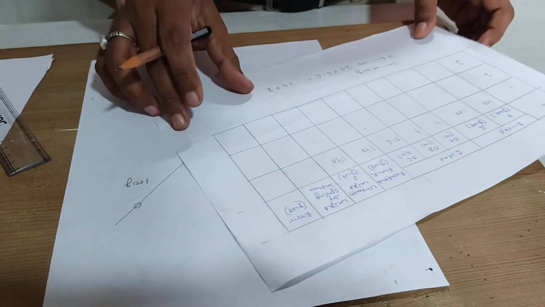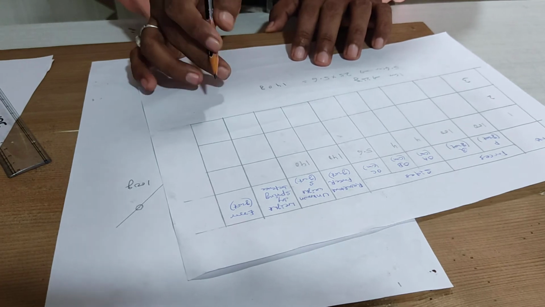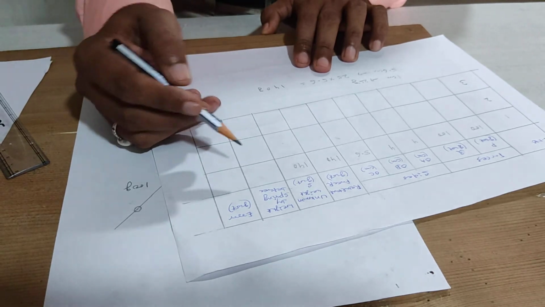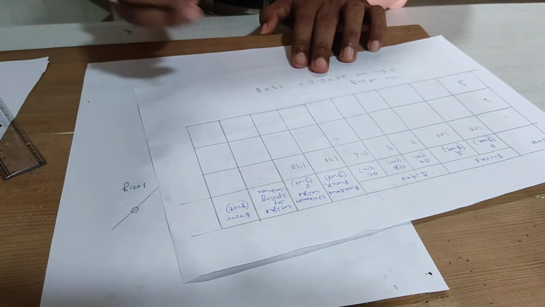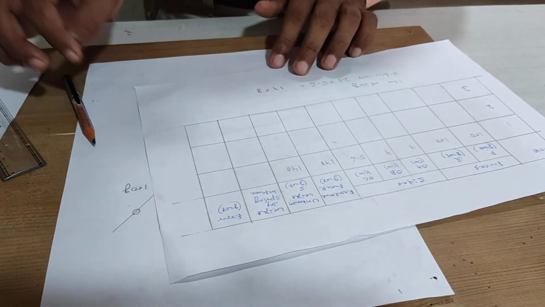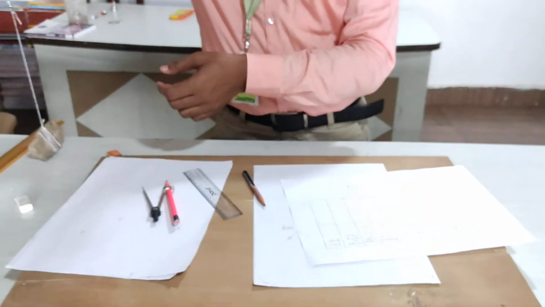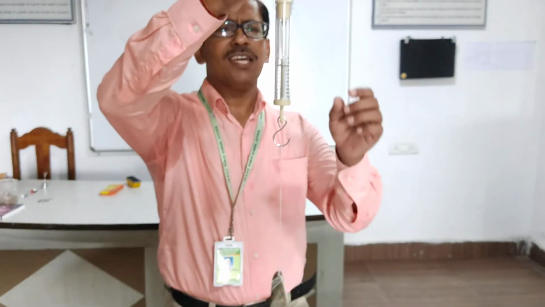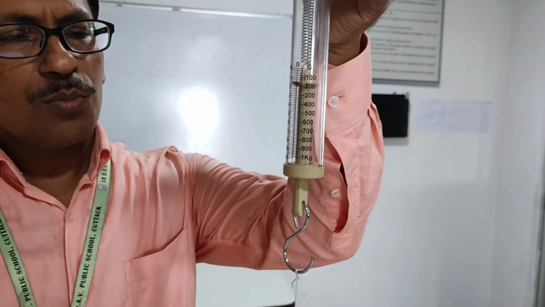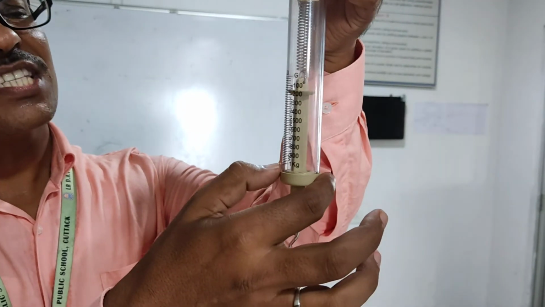Then let us verify whether this observation is correct or not, and let us find what is the error in this observation. To find the error in this observation, I will find the weight of the unknown object by using spring balance and I will compare it. Let us do this one to verify. Now this is the spring balance. The spring balance I have taken. You see the readings are like that. You know spring balance can measure both mass and weight. You see what is the least count. First we will find what is the least count of the spring balance.